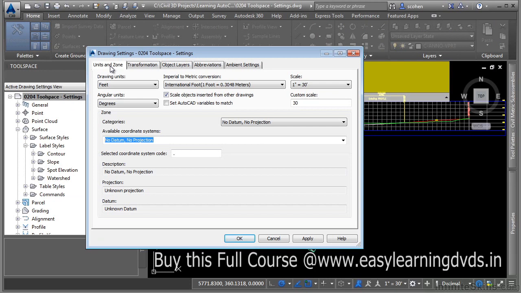There are 5 tabs here. We have the Units and Zone tab, the Transformation tab, the Object Layers tab, Abbreviations, and Ambient Settings tab. Let's just give a brief description of each of these. Firstly, the Units and Zone tab is where you define the angular units, the drawing scale, and the coordinate system